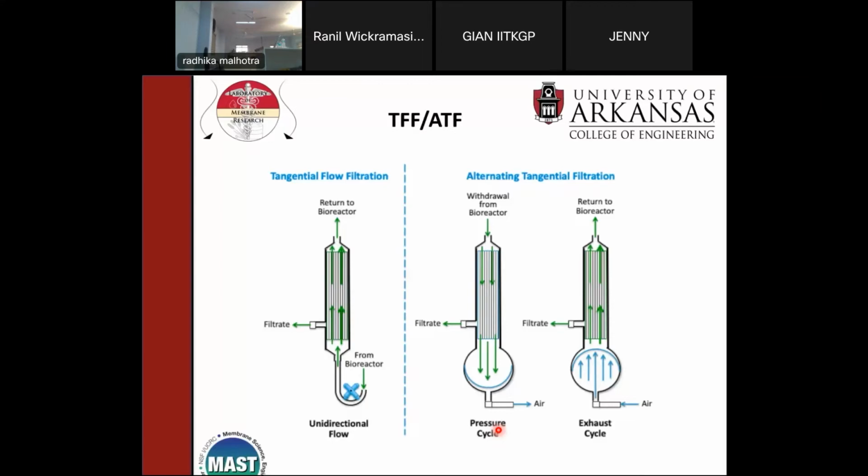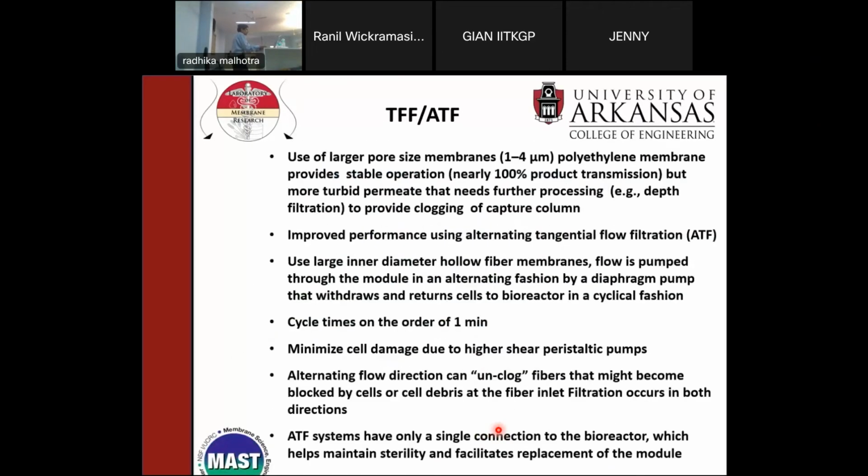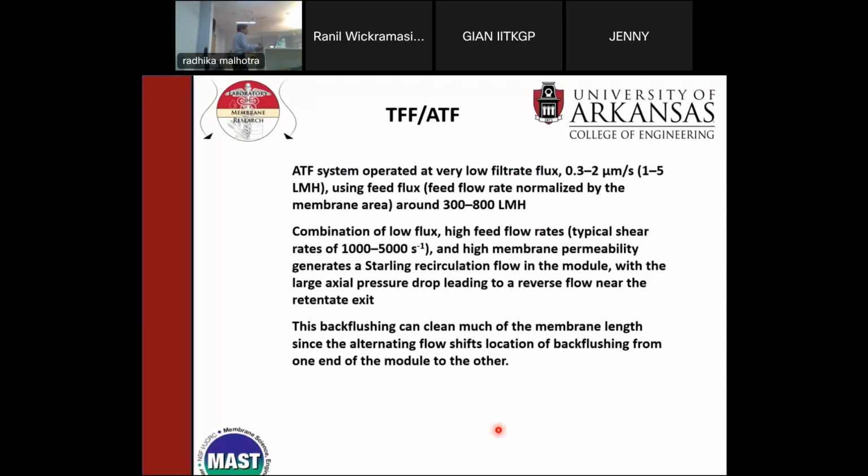This reversal in flow helps remove concentration polarization, and therefore you get much less fouling. Okay. You also only have one connection to the bioreactor, and you have far less cell damage because you're not pumping the cells through a peristaltic pump with constriction, right? So all of these mean that this system is actually very nice and works very well with perfusion bioreactors, and this is called alternating tangential flow. Okay. I think I have to say one more thing here. ATF,